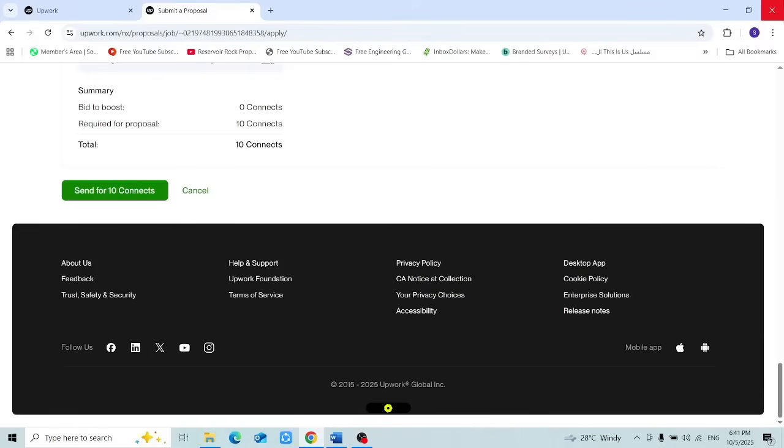This is a method through which you can make money with Upwork, but it's not the only method. In this method, we said that you are searching for gigs which are already published by clients, and then you apply for these gigs. Then clients look at your proposals and they either accept them or not. But there is the opposite of this process, where you will be able to get screened by clients. So instead of you searching for the client, the client will be the person who is searching for you. This is done by